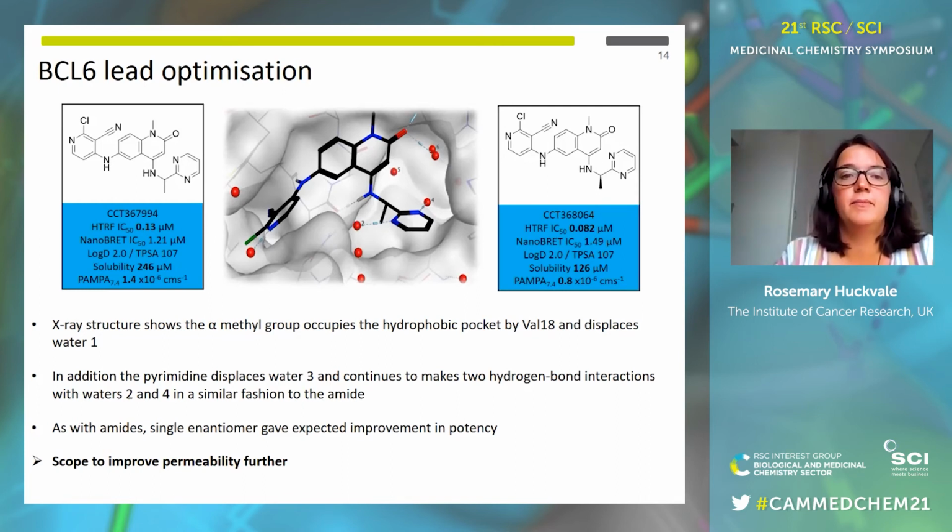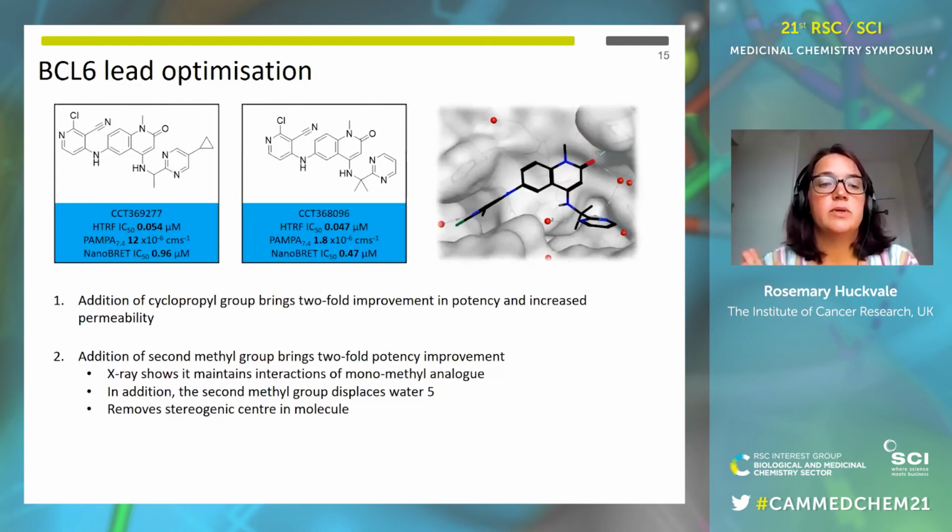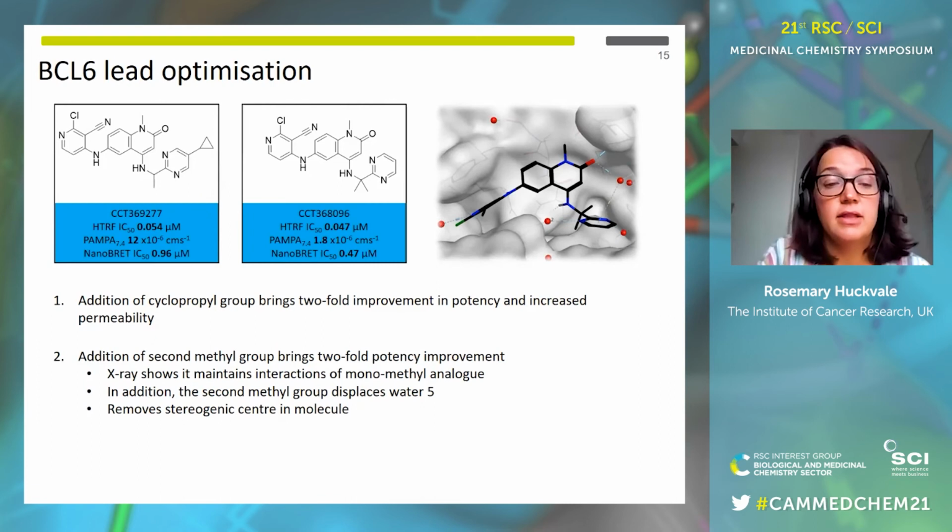the permeability further. The first way that we tried to do this was by the addition of a cyclopropyl group into the para position of the pyrimidine, and this brought us a 2-fold improvement in potency and increased our permeability. The second thing we did was add an additional methyl group in the alpha position, and that also brought us